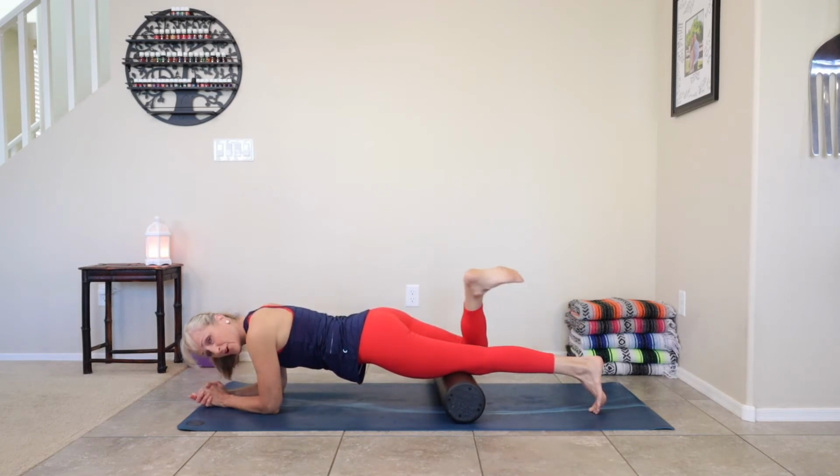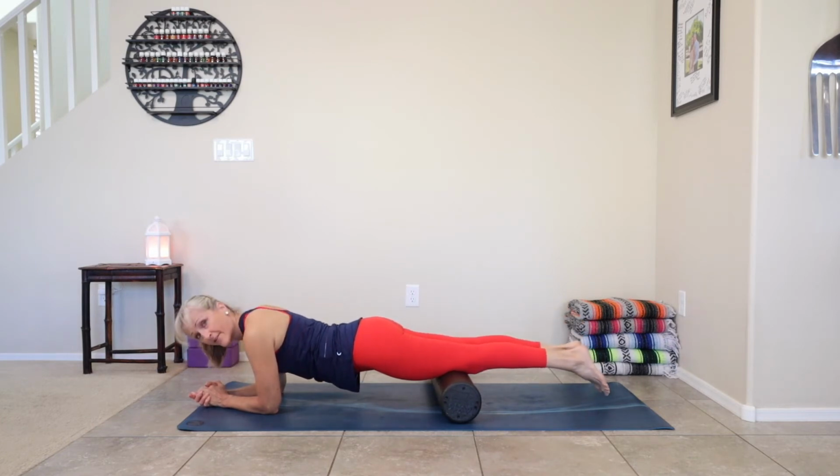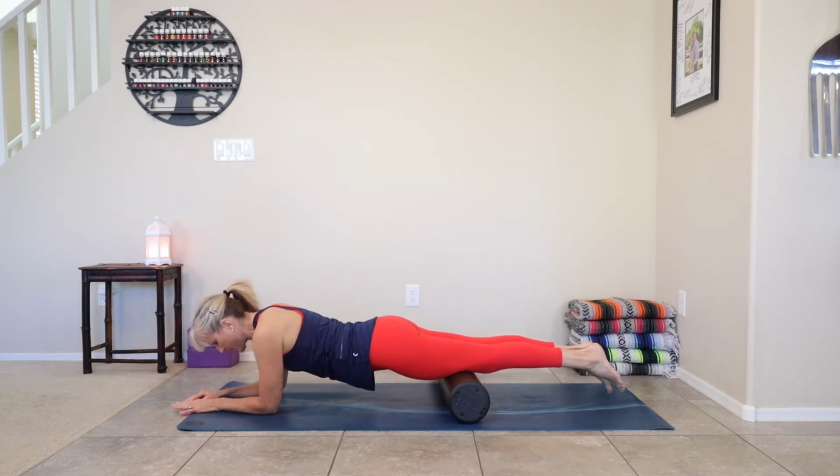Just targeting again all the muscles that attach, the fascia tissue attaches, especially around the front of that thigh, around the knee, and then we also got below the knee behind it, and a little in the front shin area on the outside front edge. All the way around. Healthy knees, healthy hips. Good, now we're gonna go center, find your plank. Let's walk the body